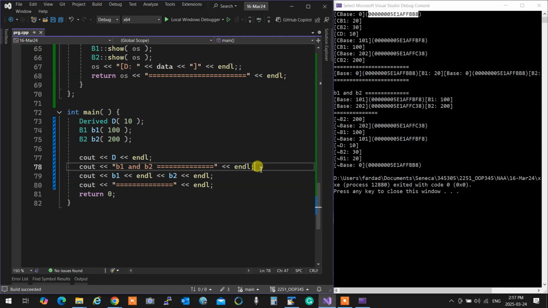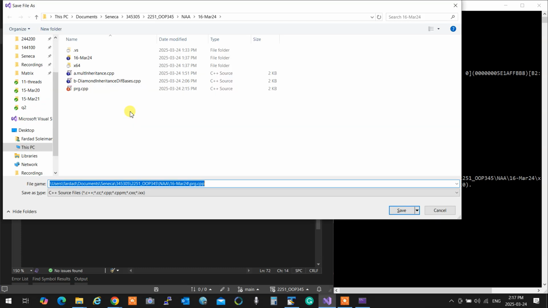They overlap. One thing it's important to understand. So this is diamond inheritance and diamond base at the same time, which means the bases overlap. Okay?